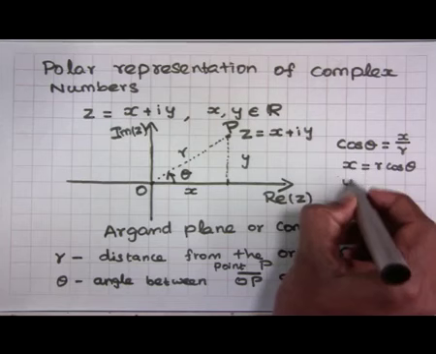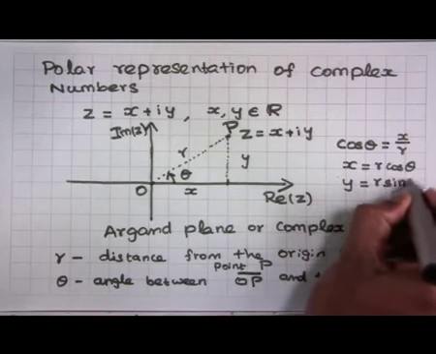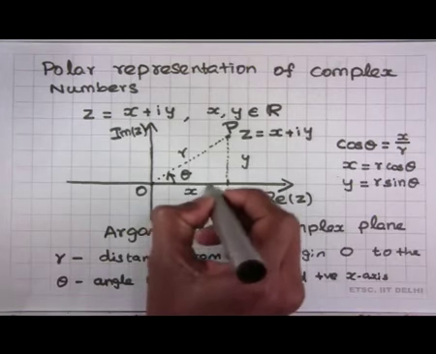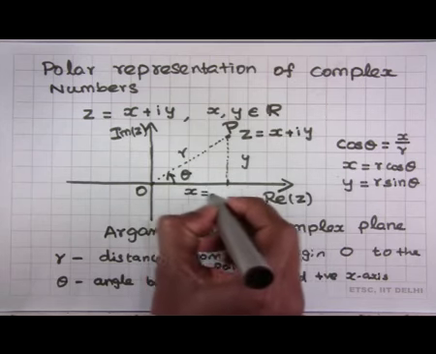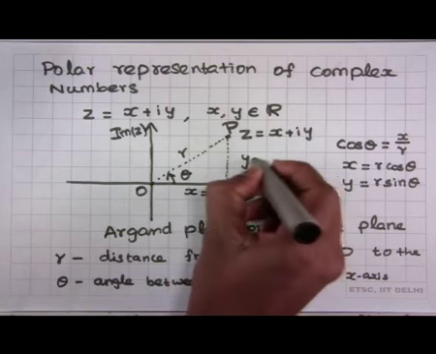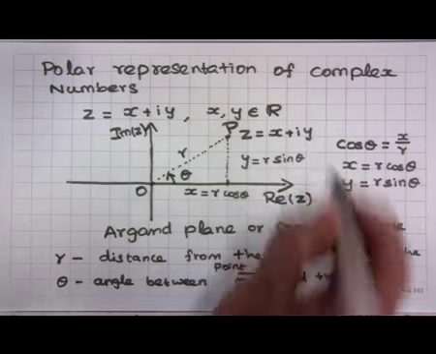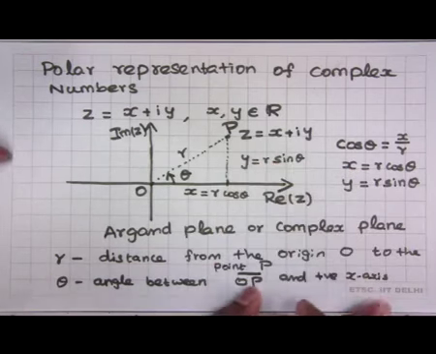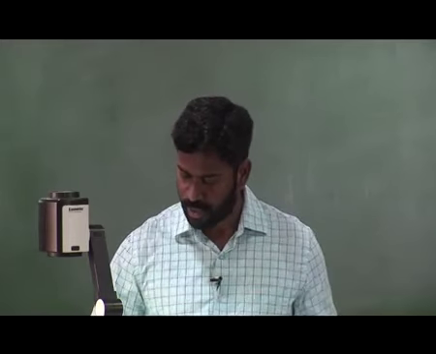Similarly we can see that y is r sin theta. So what we are observing is, if the distance r and the angle theta are given, then x is r cos theta and y is r sin theta. So our complex number z can be written as